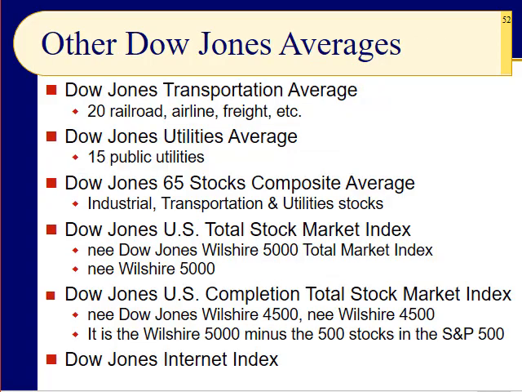Oh, well. Slide 52. Dow has other averages, the transport average, the utilities average. You'll hear about them every once in a while, not too much. And if you add those three averages up, the industrial, the transport, and the utilities, you get the Dow Jones 65 stocks composite average. Again, you don't hear too much about it. But these next two you do. And in fact, you were messing around with this last one here, not the second to last one, in the assignment for Chapter 4, because that was one of the funds in the TSP, in the Thrift Savings Plan.